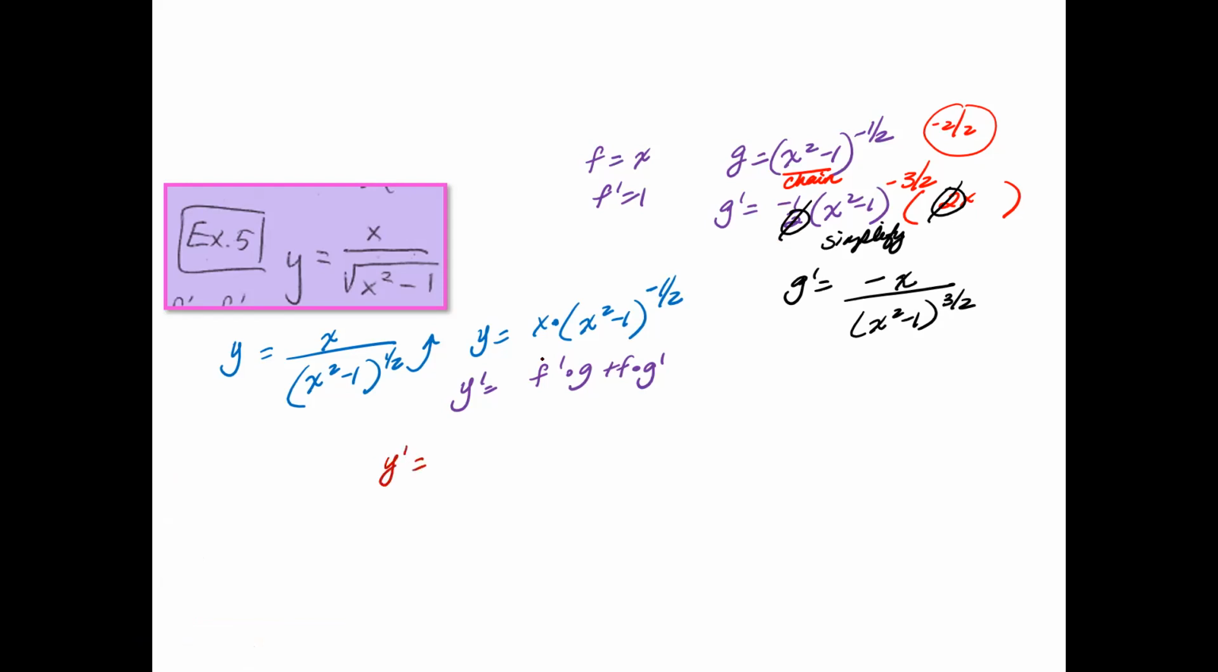All right, let's go ahead and replace this. F prime times G, so that's 1 times,